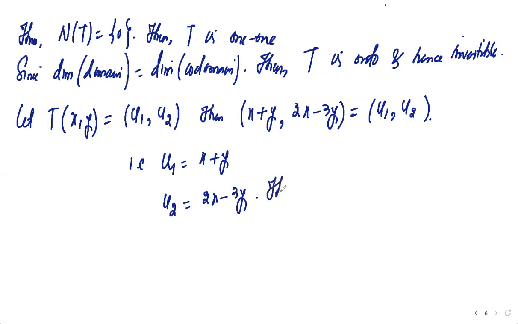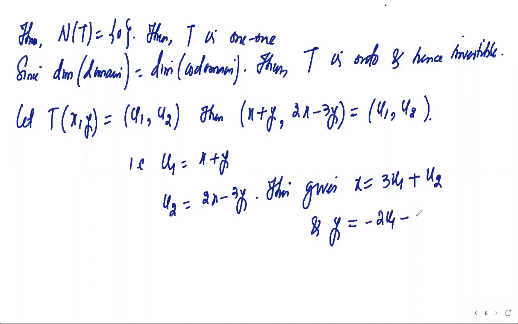And these equations, what does this give? तो यहाँ से हमें मिलेगा x is equal to 3u1 plus u2, then we will get y is equal to, I think, minus 2u1 minus u2. ठीक है, यही मिलेगा।